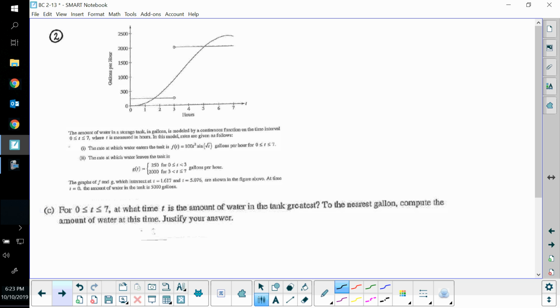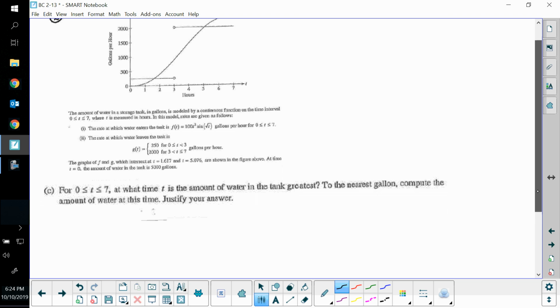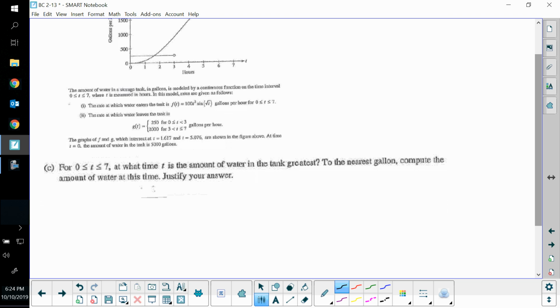Alrighty, in part C, at what time t is the amount of water in the tank the greatest? To the nearest gallon, compute the amount of water at this time. Should seem really familiar, this question. Very similar to what we did on the last one. So we know when we're doing an optimization, we've got to start with an equation. So for our equation, we'll stick with A for the accumulated amount again. So we'll have A of t